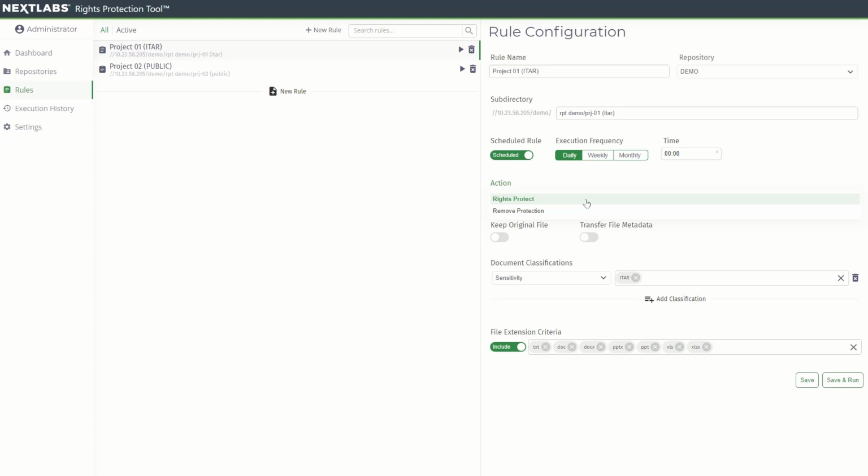There are 2 actions available: Rights Protect and Remove Protection. If you want to protect the data, then you have an option if you want to keep the unprotected version of the file and to apply additional classifications. You will also have the option to limit the scope of the rule to certain file types. Once you have set the rule, all you have to do is wait for the specified schedule or manually click